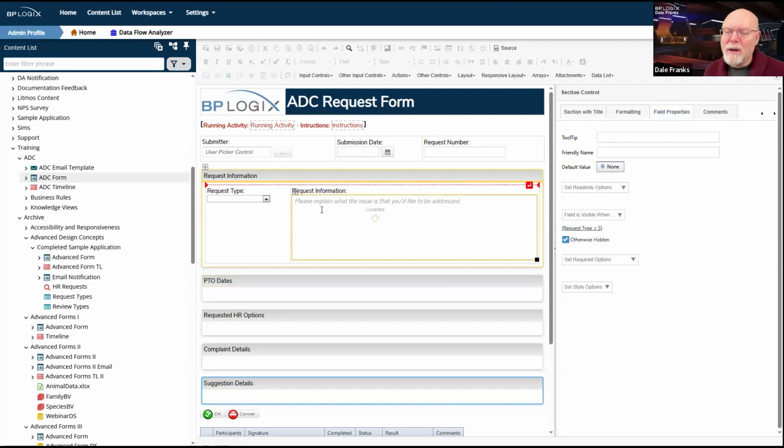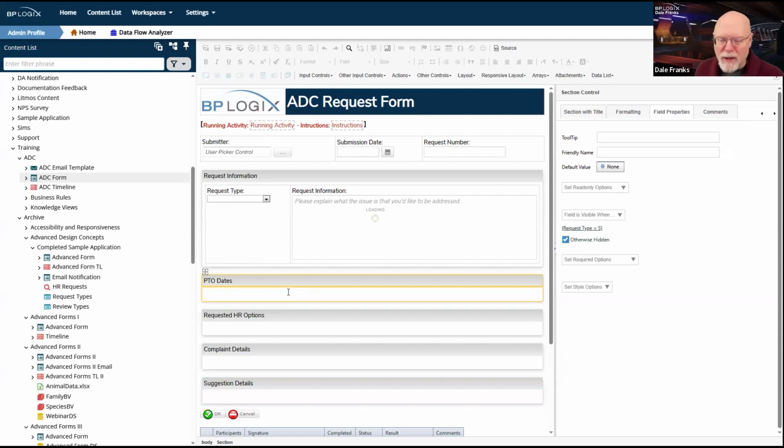So now let's update and run our form again. So what I'm looking to see is just the request information section visible on the form. I don't want to see any of these yet. I'm going to show these based on changes that I make to the request type field. So I'm just testing my visibility scenarios. And I'm doing it before I start throwing in a whole bunch of fields. This is fine. It just allows me to get these visibility scenarios configured and out of the way before I move in and actually start building the values that I want in these fields.